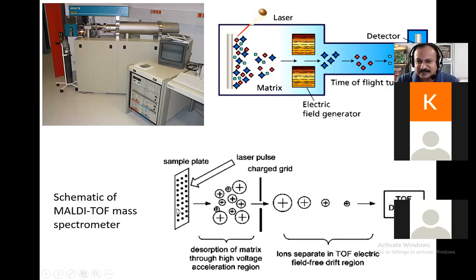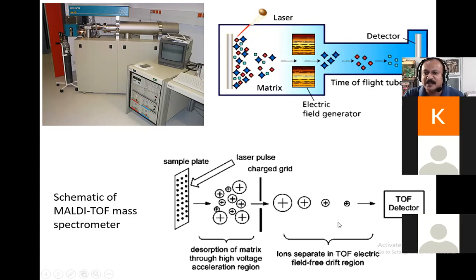The protein sample is in a matrix, and then we allow the laser light to fall on that matrix, so that the sample will be converted into the vapor form, go into the gaseous state, and be ionized at the same time. Then we have bigger ions and smaller ions. Smaller ions will move faster and go to the detector first, and the larger ions will go to the detector last. Largest ions last and smallest ions first.